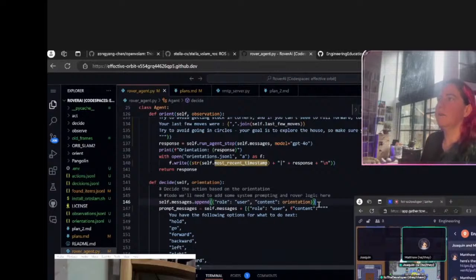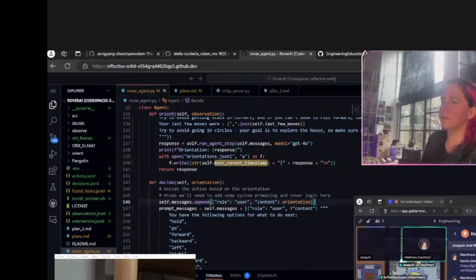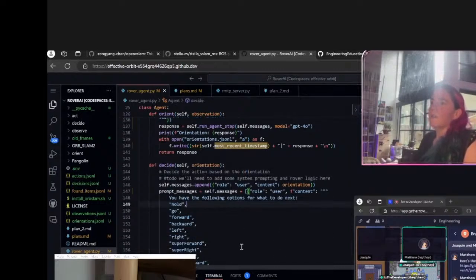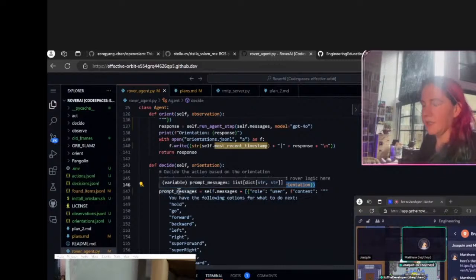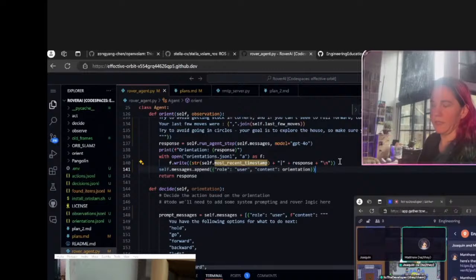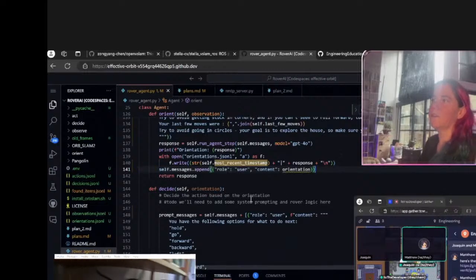So, response, okay, so we have orientation response. And then, okay, cool. So now I'm going to take this logic of appending the orientation, and I'm going to put it in the orient place, because that really is more where it goes.